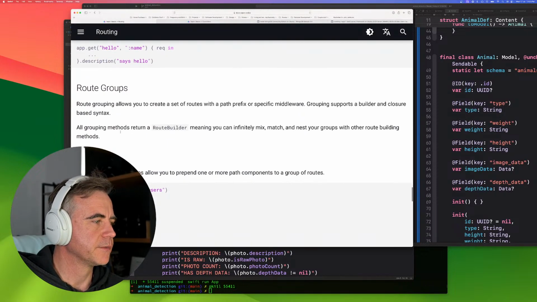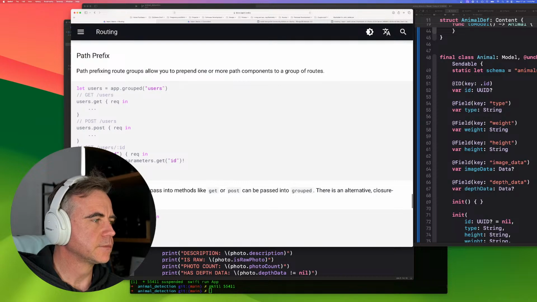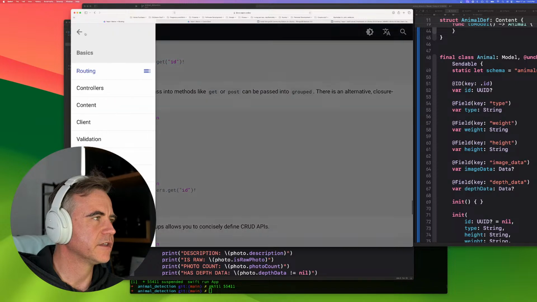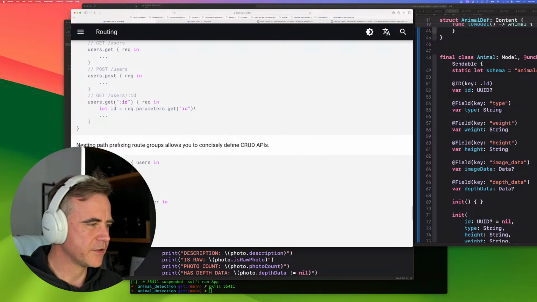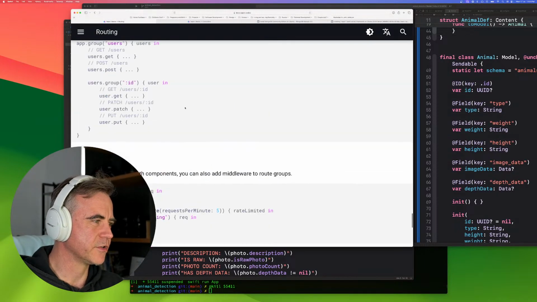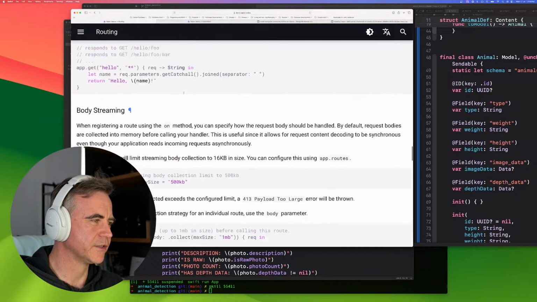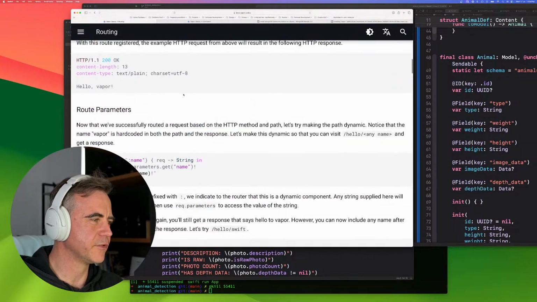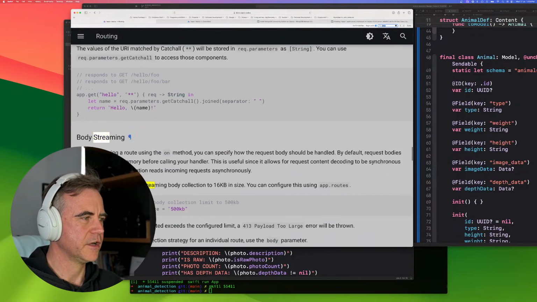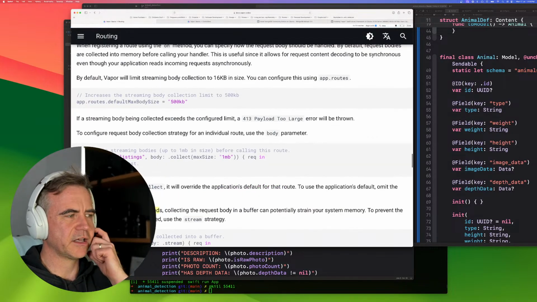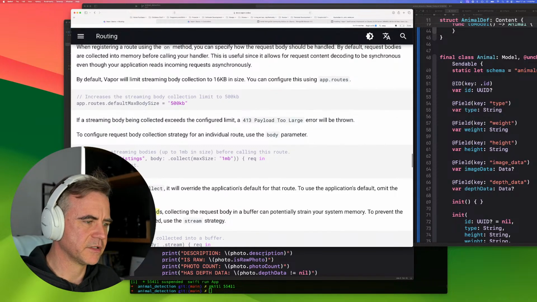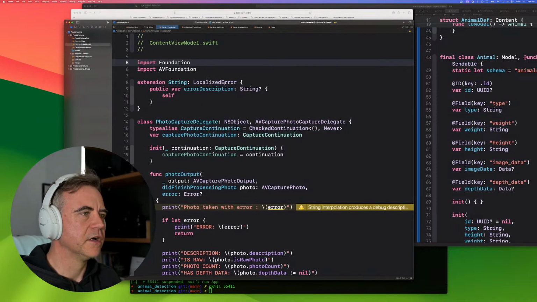Route groups. So this is building the routing. This is the basics of routing, and controllers are another way to do routes. So two ways to do routes. There's no body streaming, right? I'll just have to do this then. Unless, what does this go? This is the